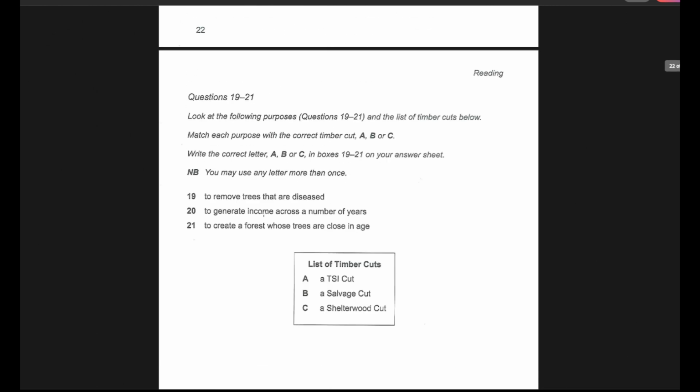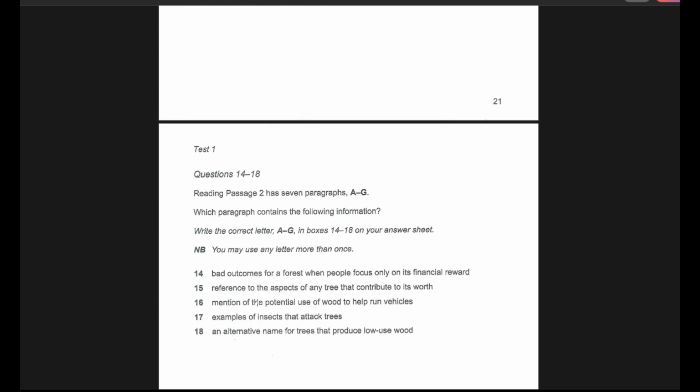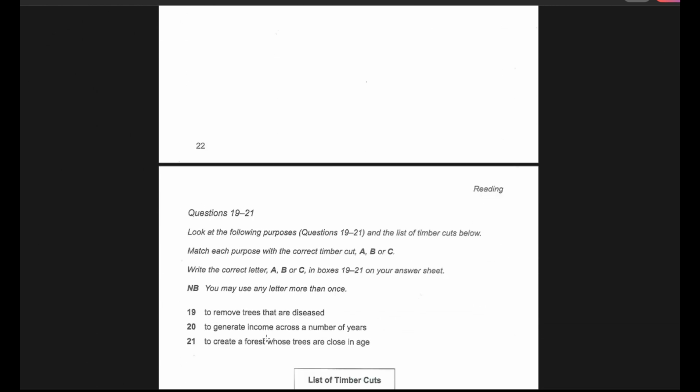Rather, I'll solve questions 22 to 26, these fill in the blanks type of questions. Then I'll solve this matching information type of questions, and then finally I'll solve these questions. In section 3,